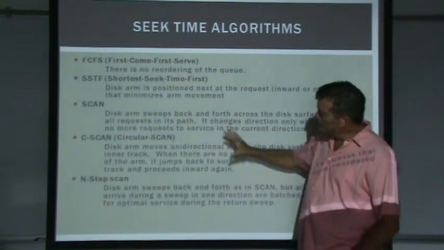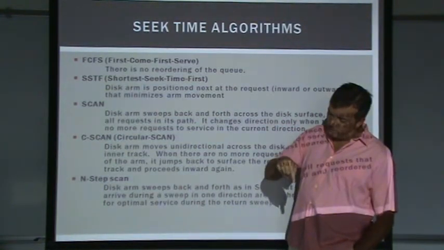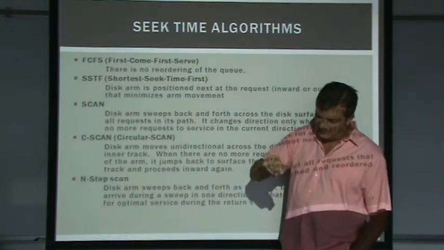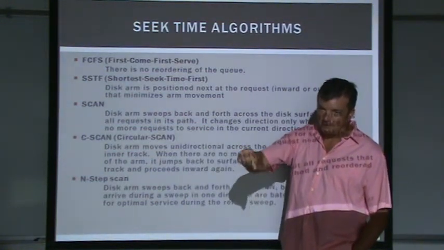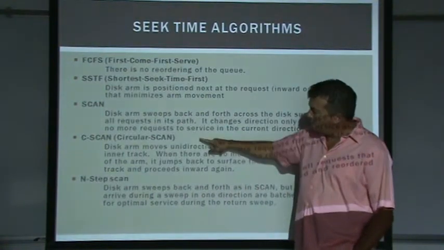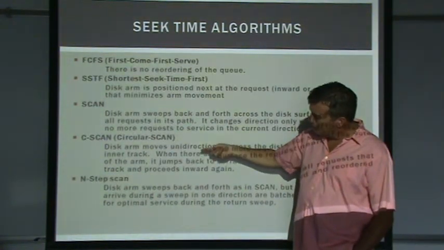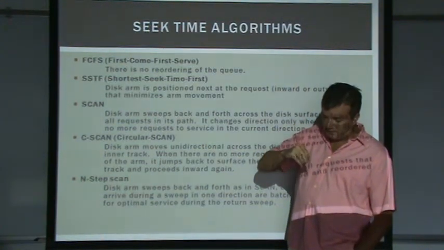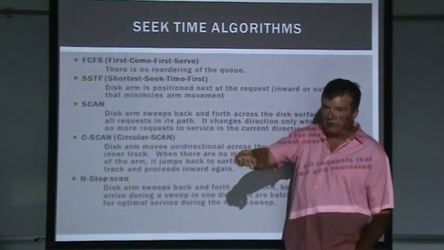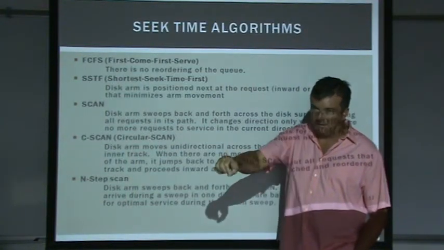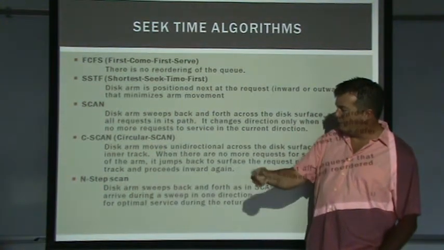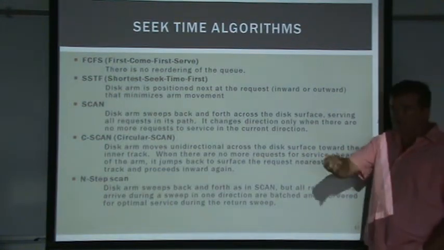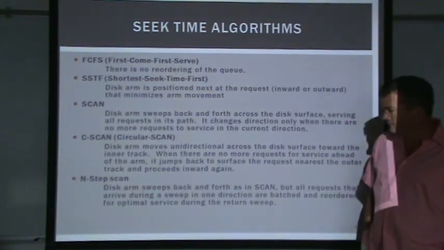So the slight problem with that one is that as the read-write head is heading towards the inside, requests that are near the inside get picked up before requests that are near the outside. So we can do the same thing with a circular scan. Basically we have the read-write head go from the outside to the inside, and once it gets to the inside, it automatically moves back to the outside and goes in again. So that way, the average wait time between requests is independent of its location on the disk.